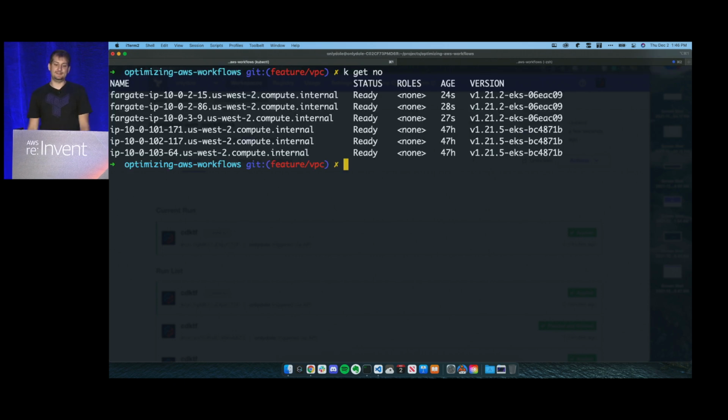And here, we're going to see 6 different nodes, and we're going to see Fargate IPs on each of these too. So as we delete these, or if we were to switch back or take off that label that specifies the worker group type and specifying Fargate as the value, these would go away. So really handy and helpful.